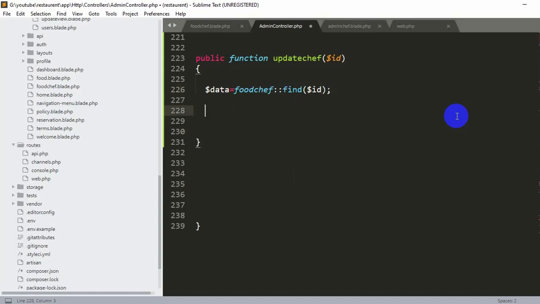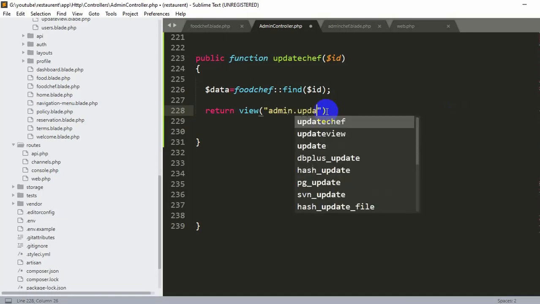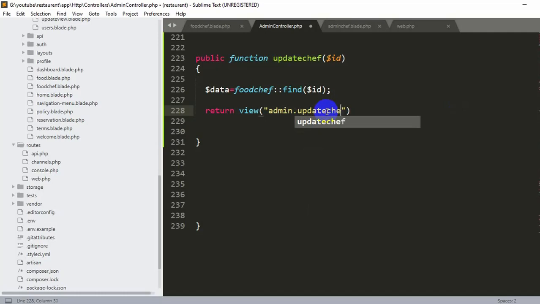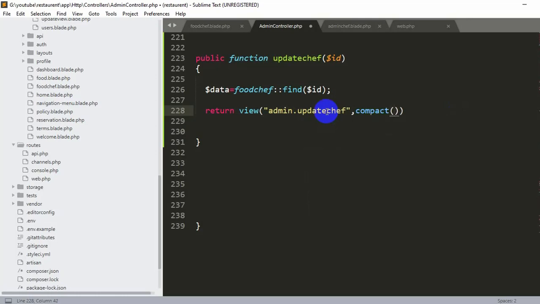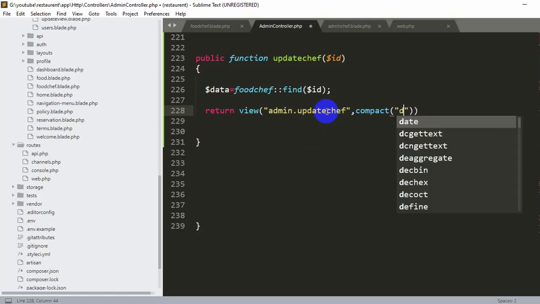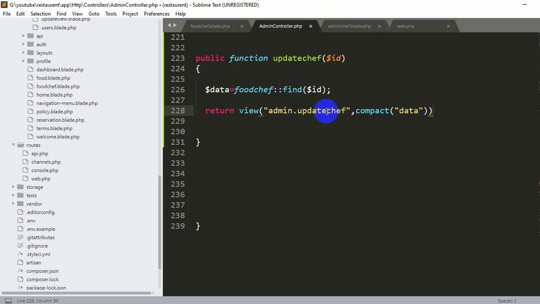Now we just need to return the view, so we'll say return view, then we will give two double quotation marks over here, and over here we will say admin dot update chef. Okay, update chef, then we will say comma compact, then inside it we need to send this data. Okay, so let's save it.